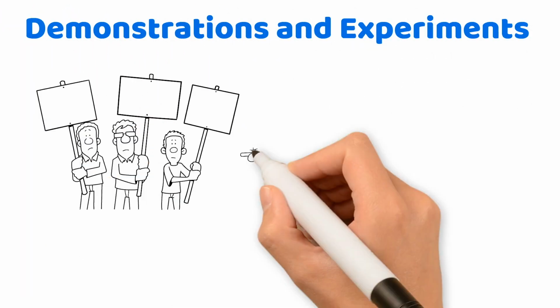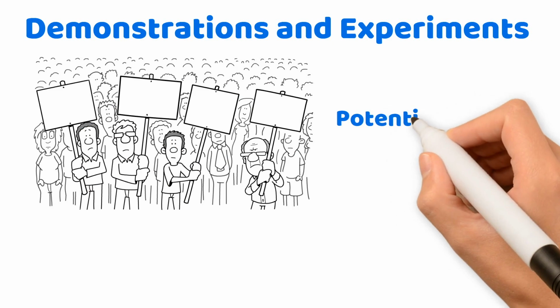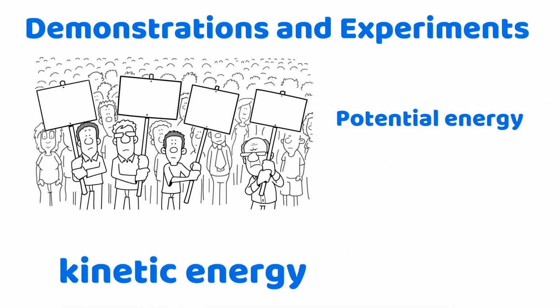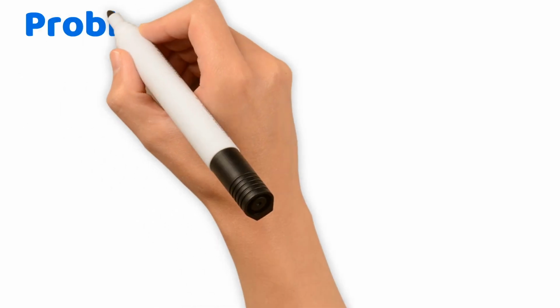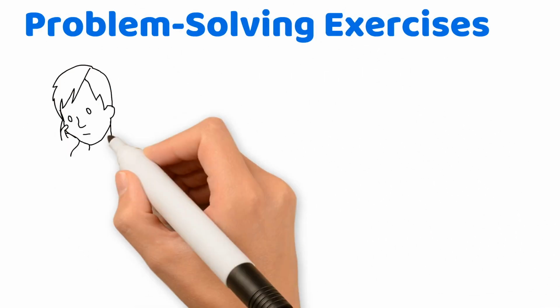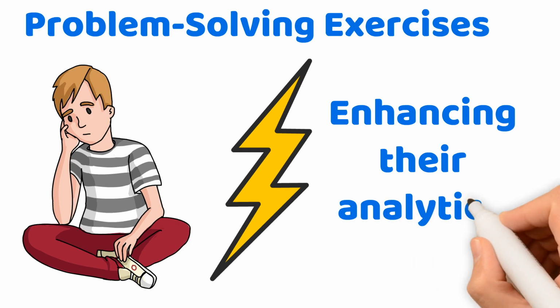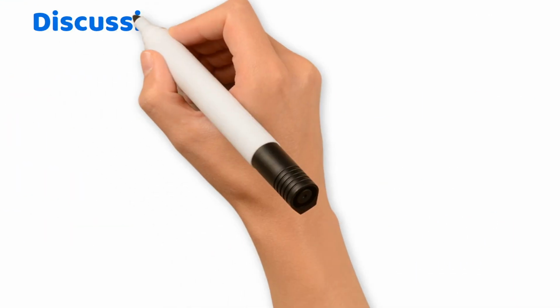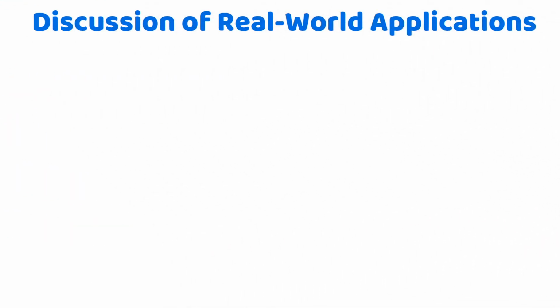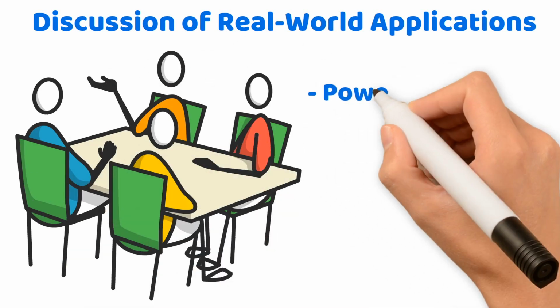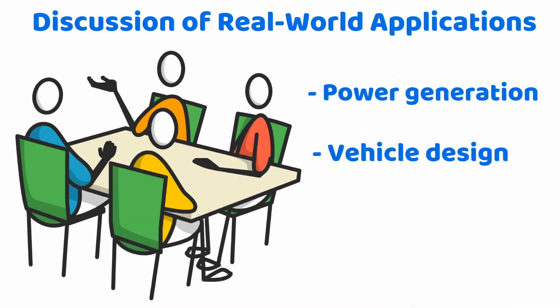Use practical demonstrations to show energy transformations, such as converting potential energy into kinetic energy using a pendulum. Problem-solving exercises. Engage students with problems that require the application of the conservation of energy, enhancing their analytical skills. Discussion of real-world applications. Discuss how these principles apply to real-world scenarios, such as in power generation, vehicle design, and